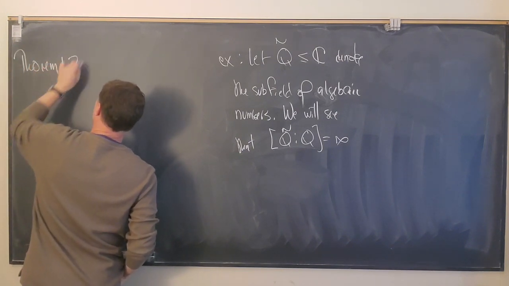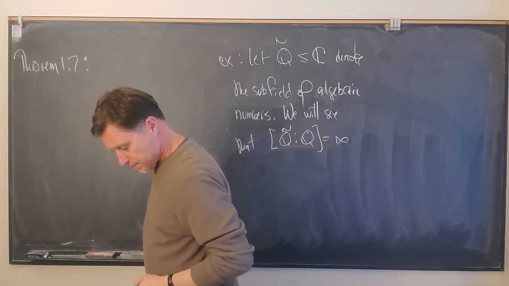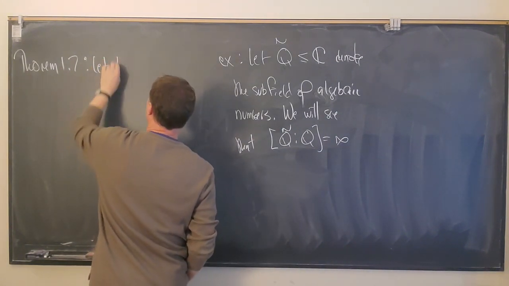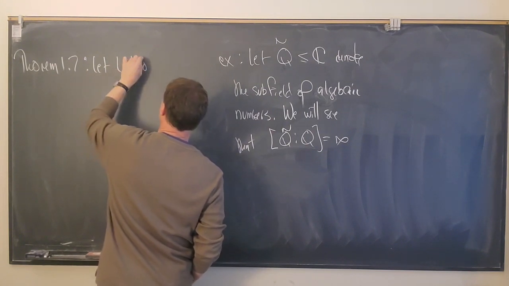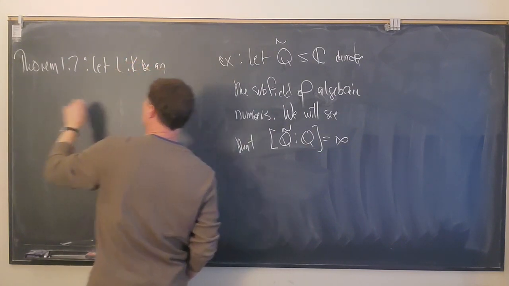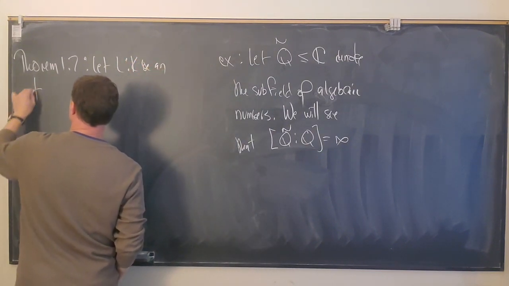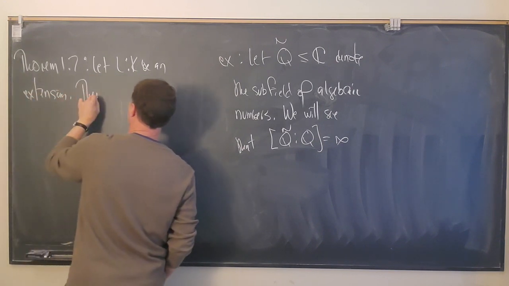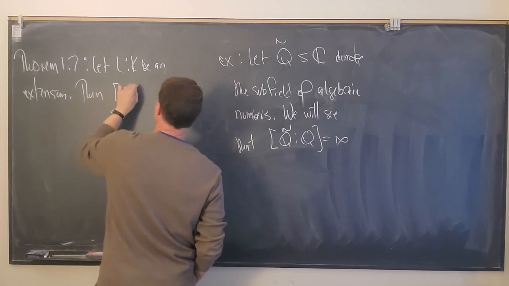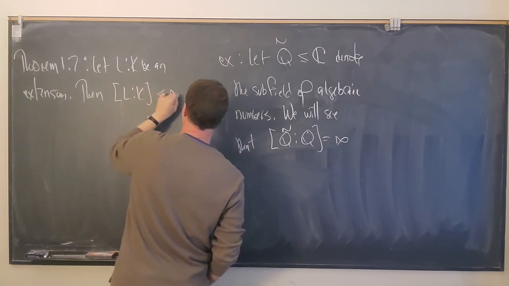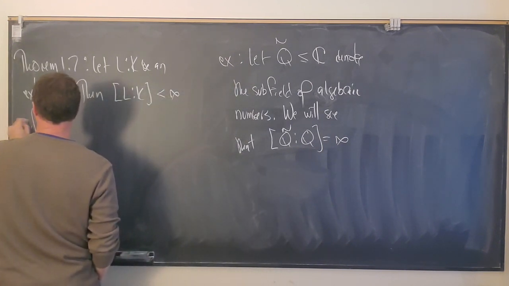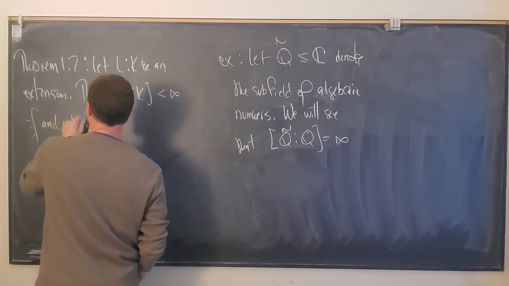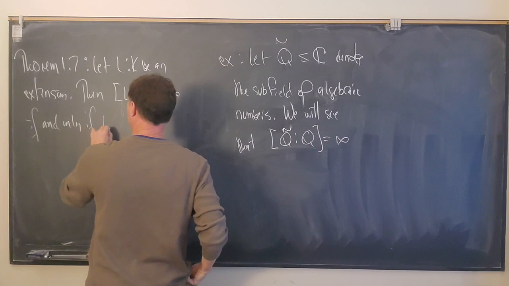This will be theorem 1.7. So let L over K be an extension. Then the degree of the extension is finite if and only if L over K is algebraic